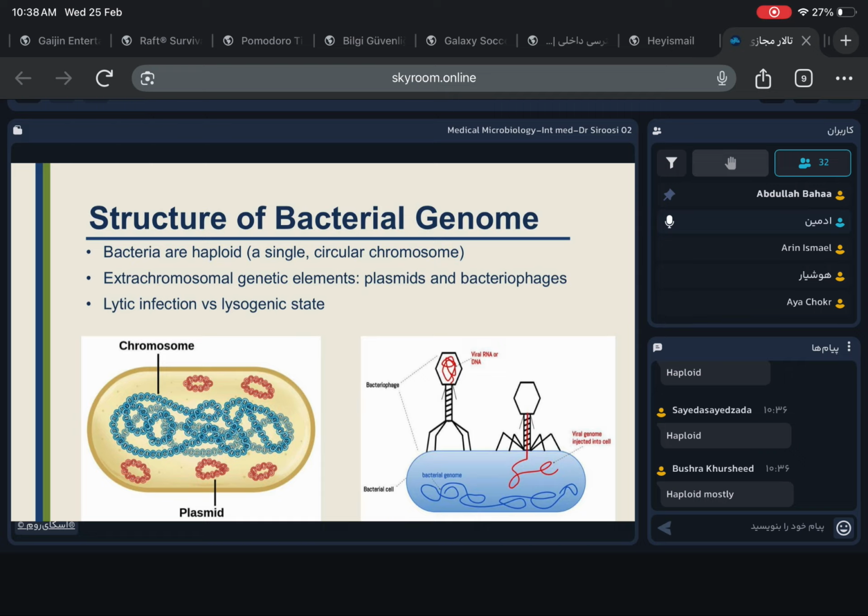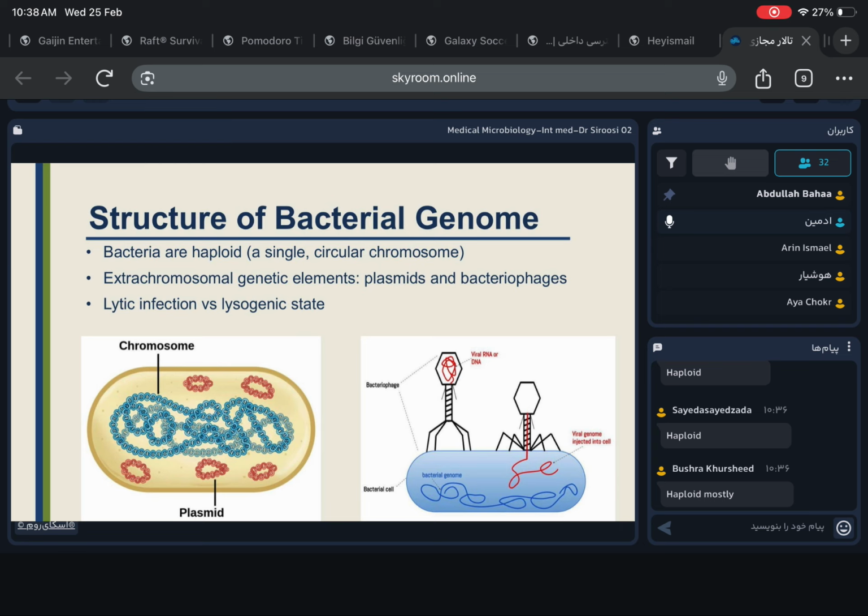Sometimes, plasmids contain genes which encode proteins, and these proteins are able to give resistance to antibiotics. So by having those plasmids, bacteria show resistance to specific types of antibiotics. And also, plasmids can transfer from one bacterium to another, so it means that bacteria can spread the antibiotic resistance between them. So that's why the presence of plasmids is very important